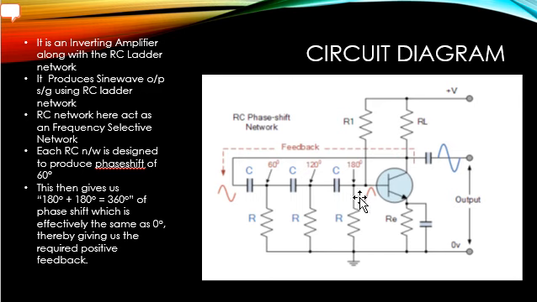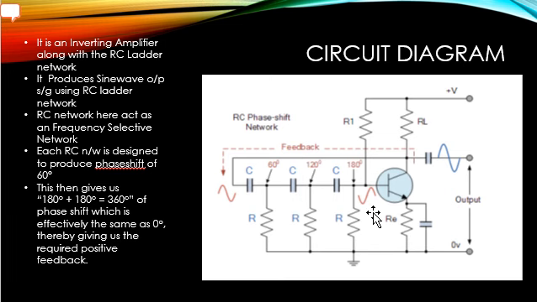By varying one or more of the resistors or capacitors in the phase shift network, the frequency of the entire ladder network can be varied. So according to this, to generate a 180 degree phase shift at that particular frequency, all the capacitors should be of the same value and all the resistors should be of the same value. So this entire circuit should be selected accordingly to generate a 180 degree phase shift over here.